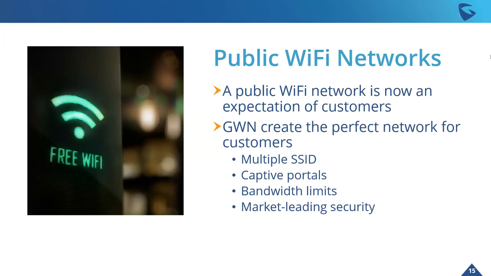How can this be done? Multiple SSIDs basically enable your clients to have 2 different, 3 different, 4 different networks, one for customers, one for the actual employees working within the structure. Captive portals are a huge thing here. Customers can essentially, when connecting to the Wi-Fi, be directed to a web browser, in which case they'll have to enter in a password or maybe even enter in their information. Bandwidth limits really help throttle how fast you want the public Wi-Fi networks to go, so that way you can throttle that while still keeping your employees' network fast and responsive.